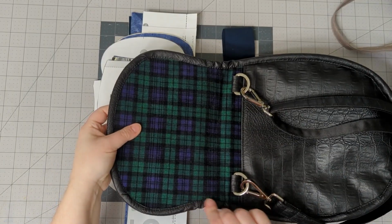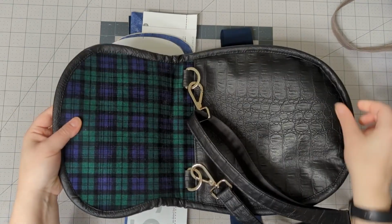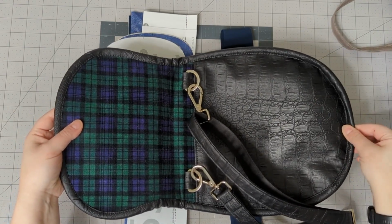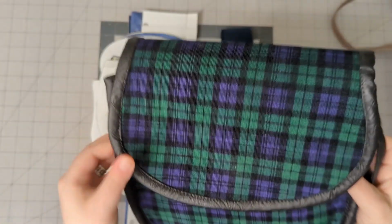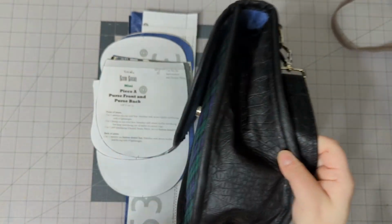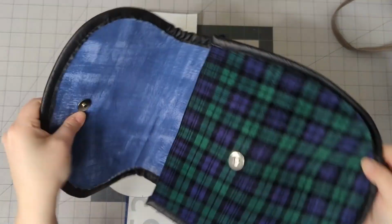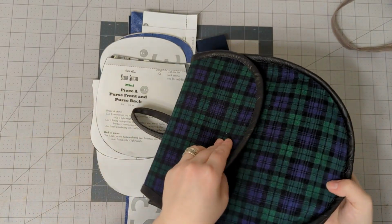It's just not gonna sit as nicely and it might be more wrinkly, and the purse is probably going to flop out a little bit instead of laying flatter. And for this one, because my gusset is cut on the grain and not the bias, I need a strip of binding for the front as well. So in the pattern, this is written